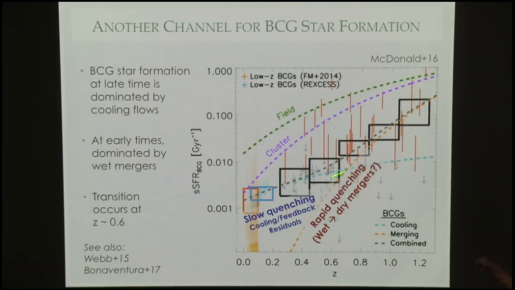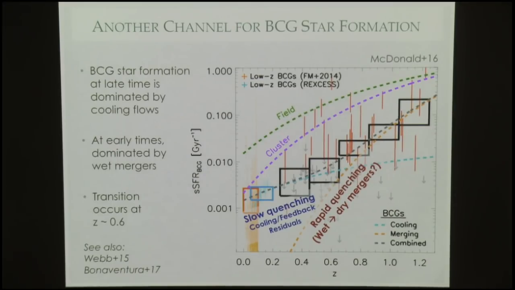And so there's this steep rise. These are typical cluster galaxies in purple and typical field galaxies in green. So cluster galaxies quench faster than field galaxies. We know that. But BCGs quench faster than both until low redshift, where they start to flatten out in their evolution. And so I would argue, on the basis of 7 data points, that we're seeing sort of a two-phase